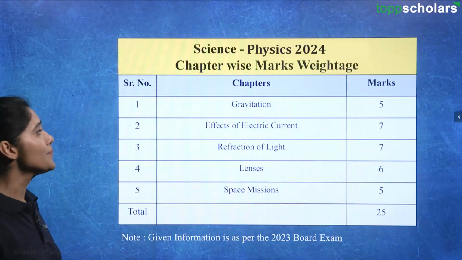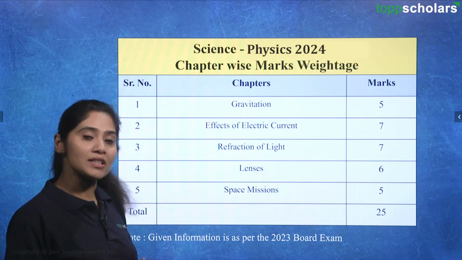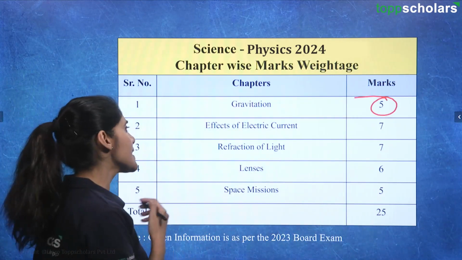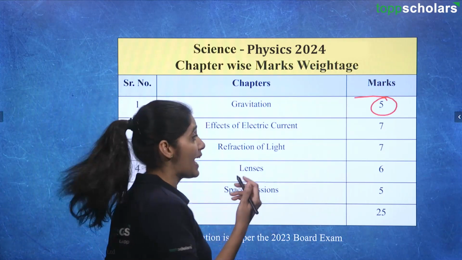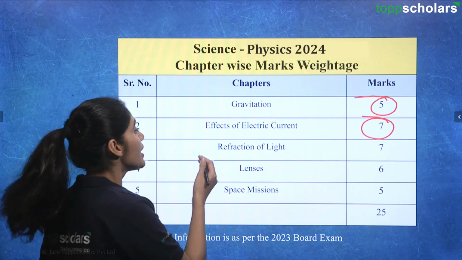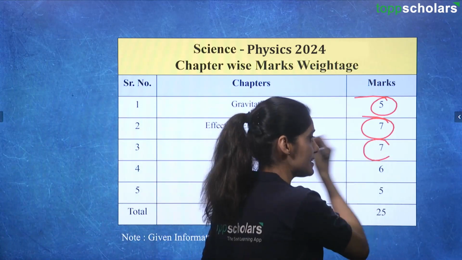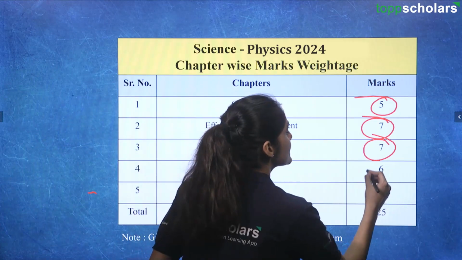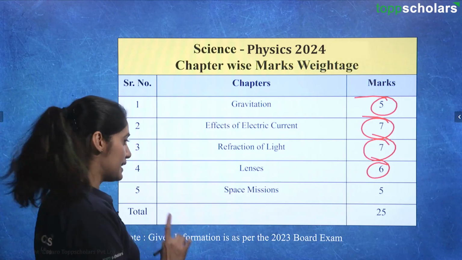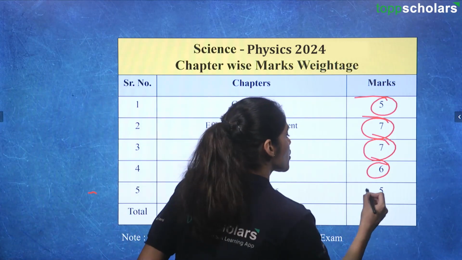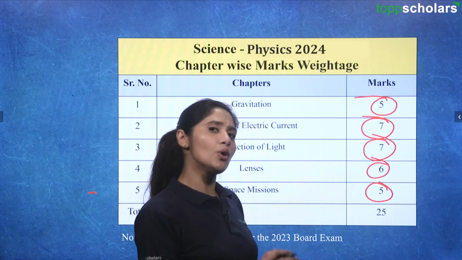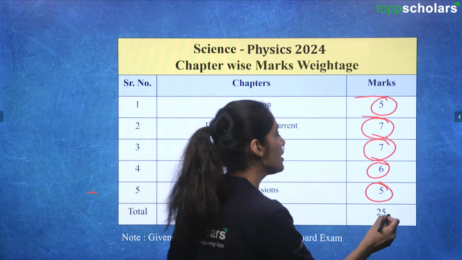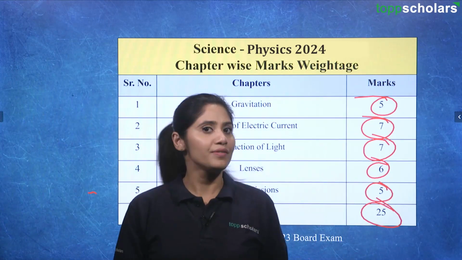First, let's look at the weightage as per the different chapters. First is gravitation, which has 5 marks in total. Second comes the effects of electric current, carrying 7 marks in total. Refraction of light again carries 7 marks in total. There are questions from lenses, which carries 6 marks, and then last comes space missions, which carries a total of 5 marks. So if we total all the marks as per the weightage given to each chapter in this sample paper,